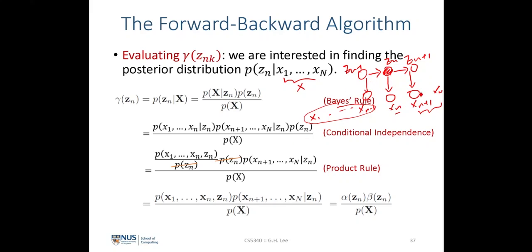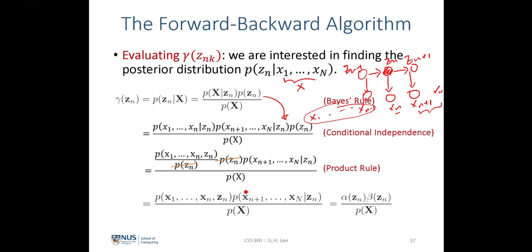This means that everything else becomes decoupled. All the observations here become decoupled into two groups over here, and zn here is what we have seen in the previous step. The next thing that we do is rewrite the conditional probability using the product rule, which is given by this term over here, where the prior distribution of zn cancels out, and then what will remain will be these two terms over here, which we can